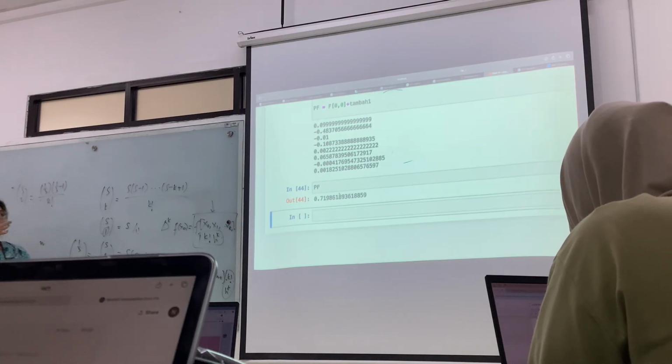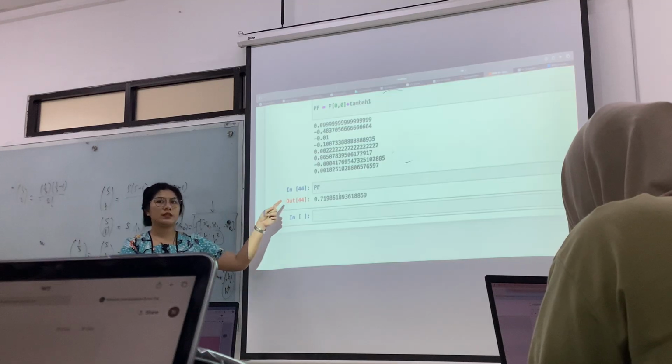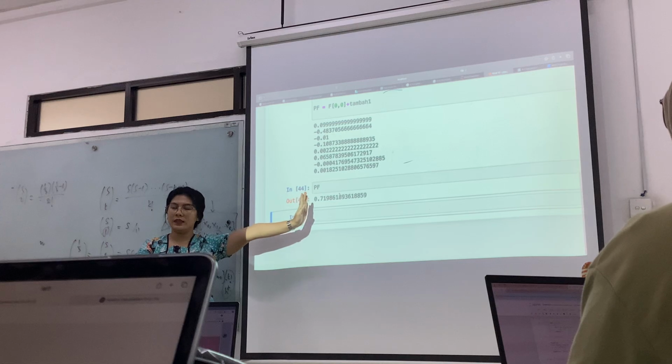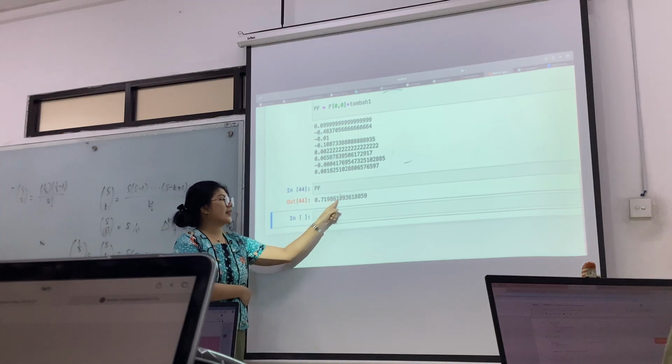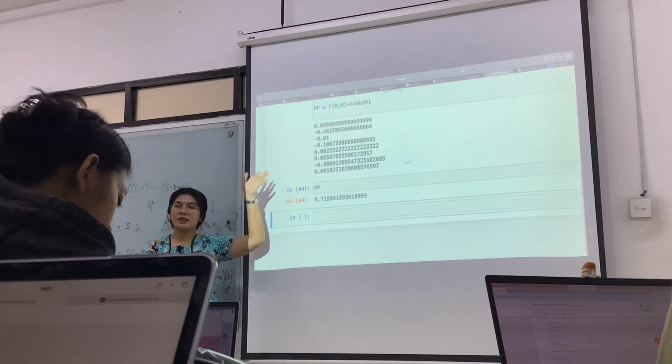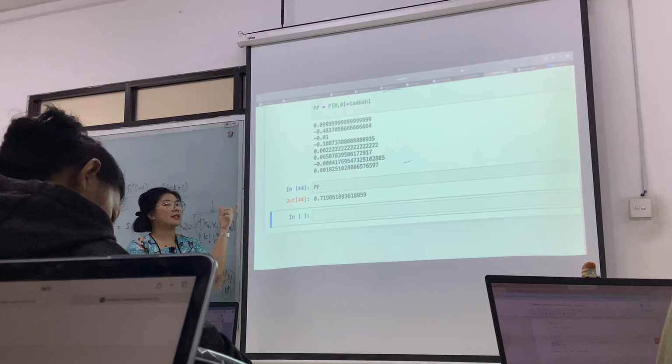Okay. So we have this result using Python. 3 decimal places are the same. The next decimal is different because of this calculation. Some calculation in Python has an error.